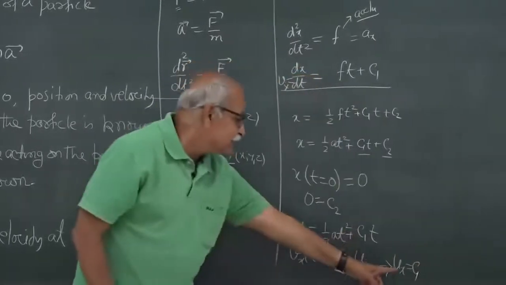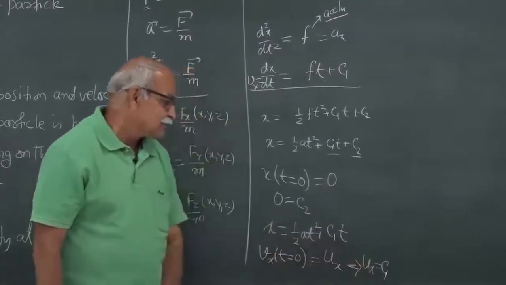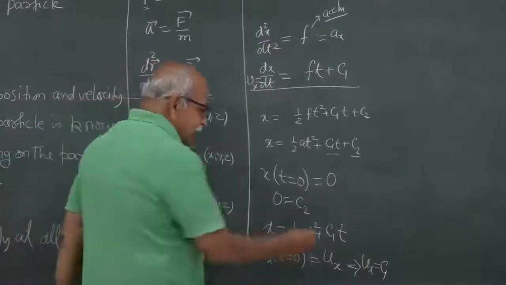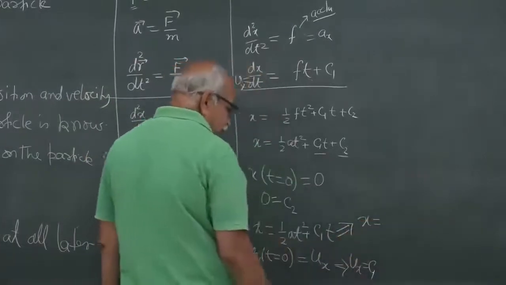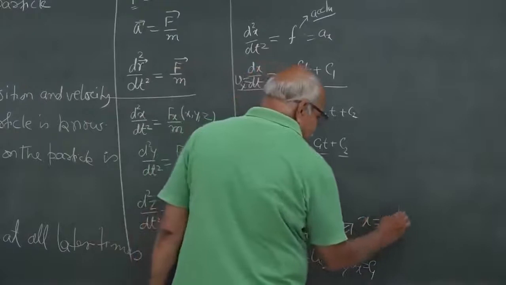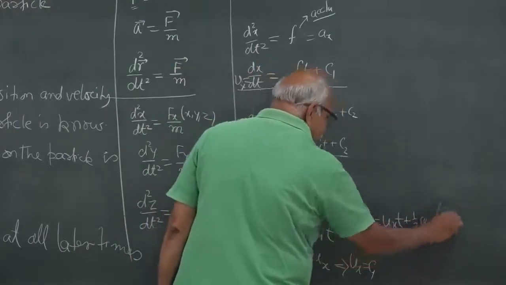So, this c1 is that x component of the velocity at t equal to 0, and you put it here and you get your very well known equation, x is uxt plus half axt square,